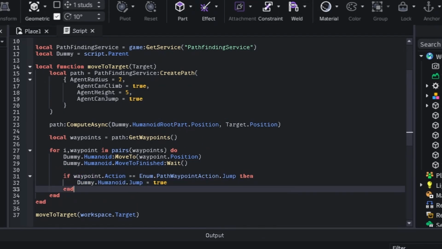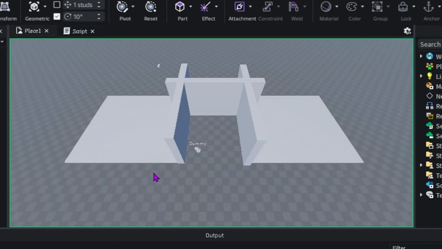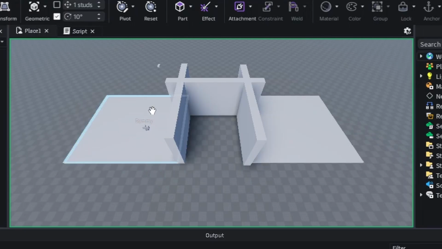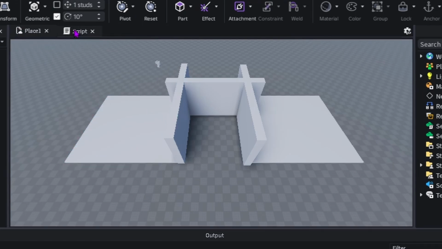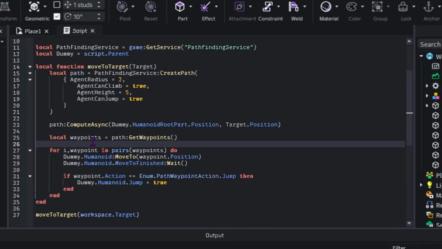So it will have the waypoint action equal to Jump, and if it's equal, then dummy.Humanoid.Jump = true. So basically if I run this, it will go like this, and the action equals Jump, that's why it will jump here and then go here. I think it will jump again. Yeah, so as you can see, it jumped here for no reason. In order to stop that kind of issue or error, what we can do here is create another